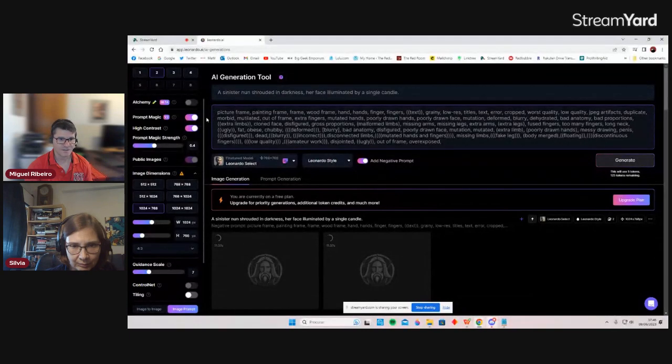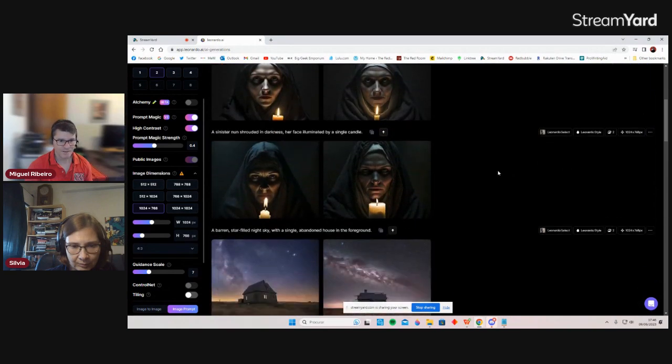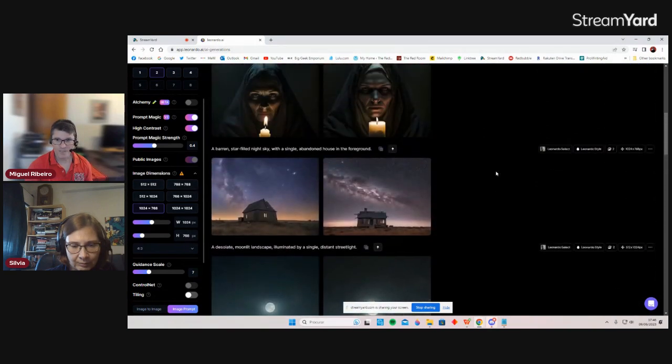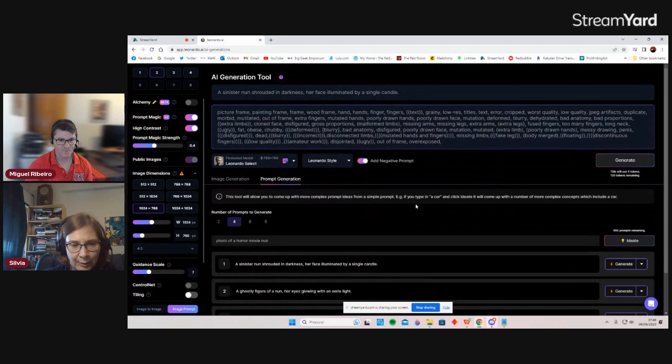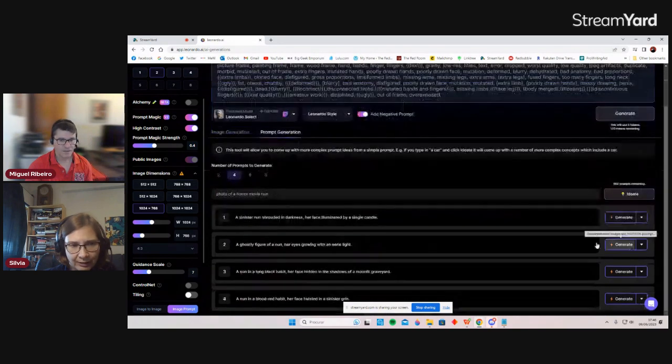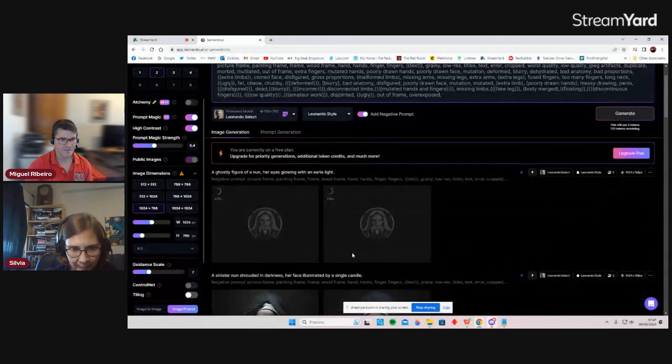This is an advanced feature. The first ones were better, which means that probably Leonardo doesn't really need a negative prompt. That's more for Stable Diffusion, right? Yeah. So there are several options here. We're going to try the other ones, see how it goes,